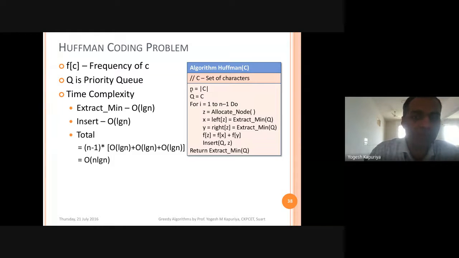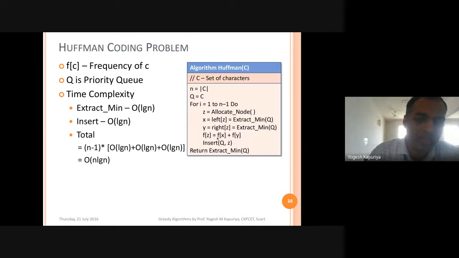Now the step count: this is n, this is 1, you are simply allocating a node, so it's similar to initialization. Then you are doing extract min, so log n. Again extract min, so log n. Then you are adding something, a simple mathematical operation, a statement with step count 1.